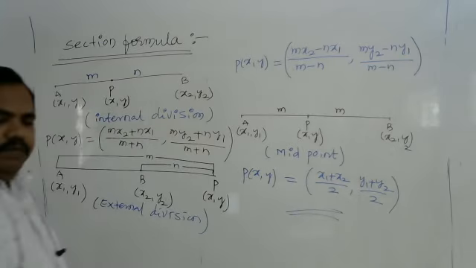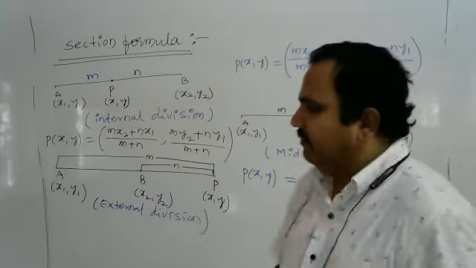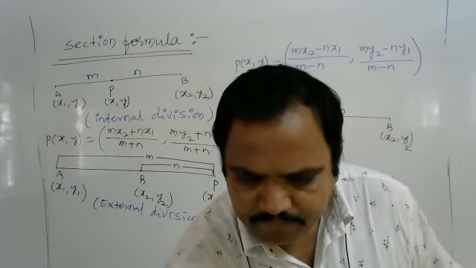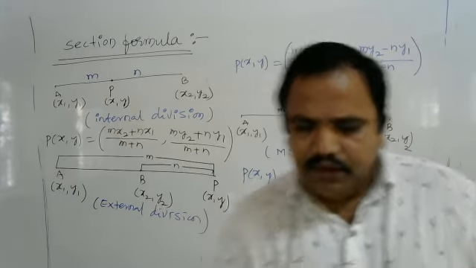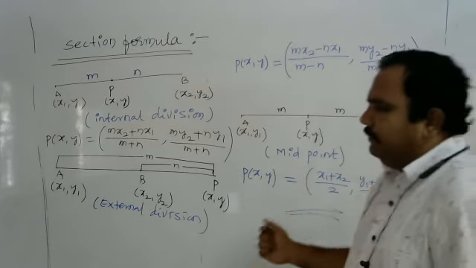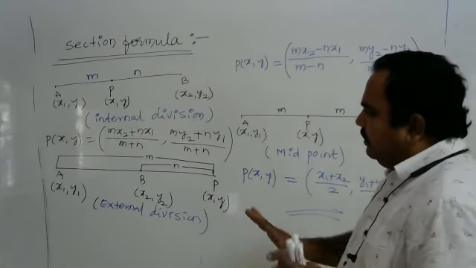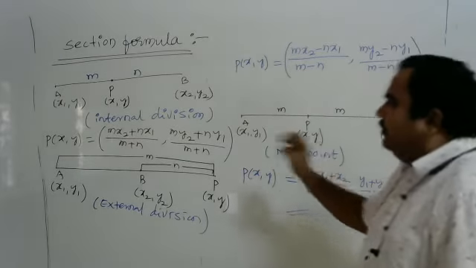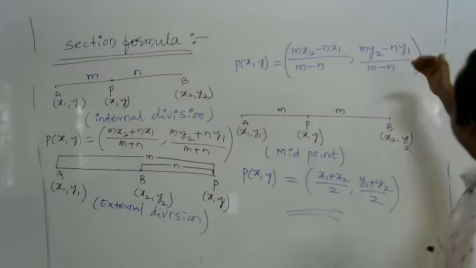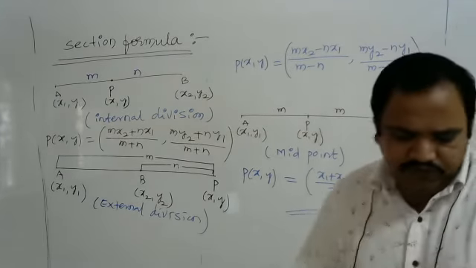Even we have the proof for this also, but for our entrance point of view, we are not giving the proofs. Generally in 10th class only they should give, no problem. If they don't give, it is not much more important, but the usefulness is important. Maybe you know this, internal division, external division, as well as midpoint. So note down this.